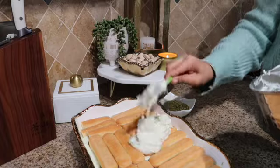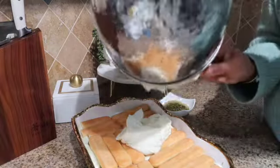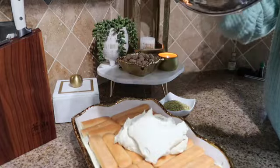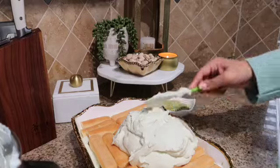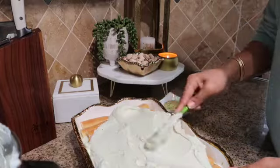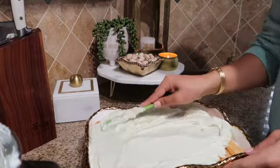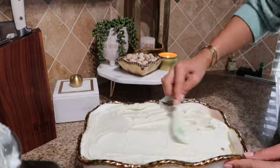Now we're on our final layer of cream. I'm going to go ahead and add the rest of the cream onto the top and spread that out thinly. Now for the top design, you guys can get creative on how you want to design this. I did that similar zigzag. I don't even know what that design is called, but I went ahead and did that on the top just